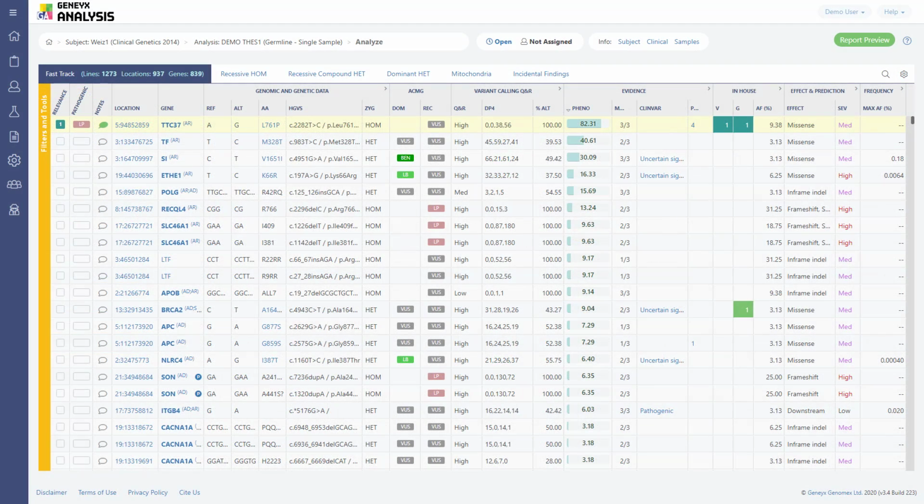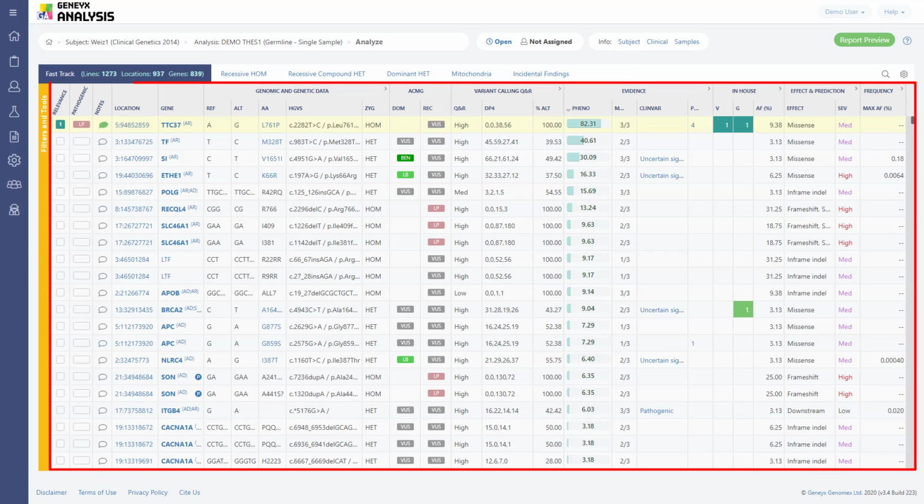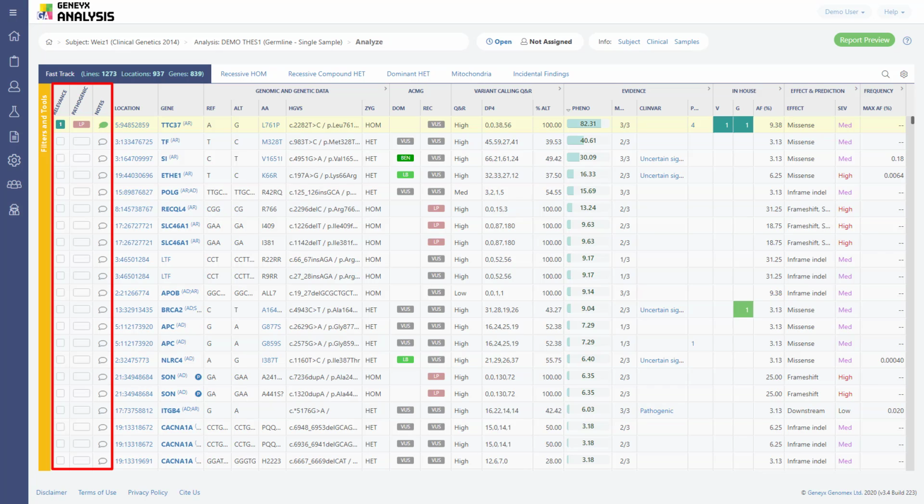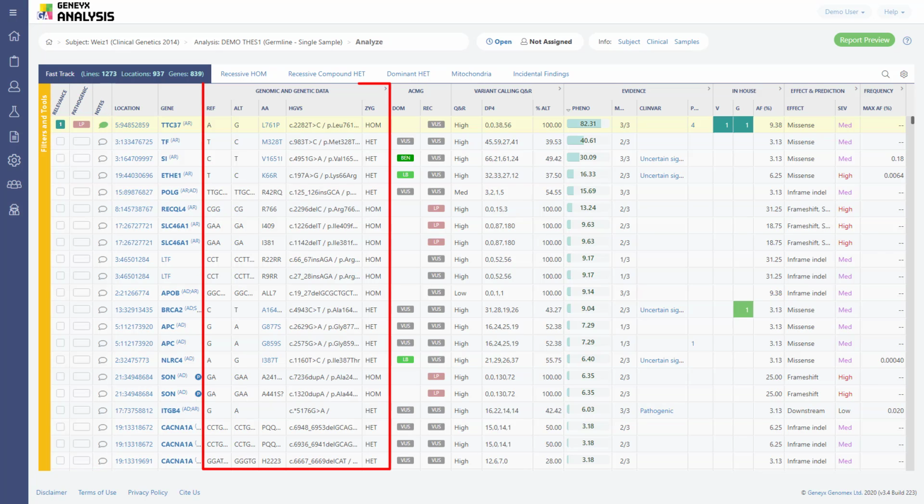Now let's take a look at the main area of the analysis screen. Here, each line represents a variant, and all its associated information is summarized along the columns with interactive features. Normally, variant annotations would populate more than 100 columns. What we've done here is to classify all this information into the following categories: annotations and notes, genomic and genetic data,